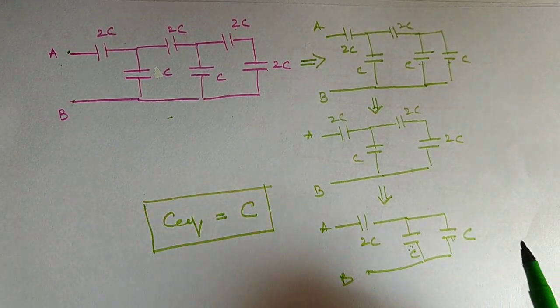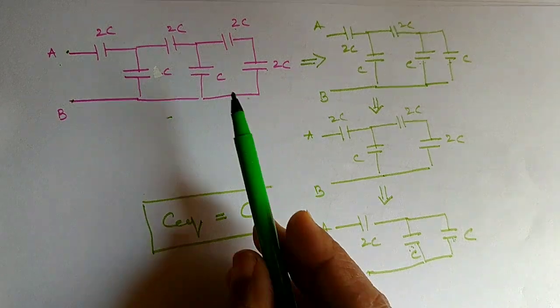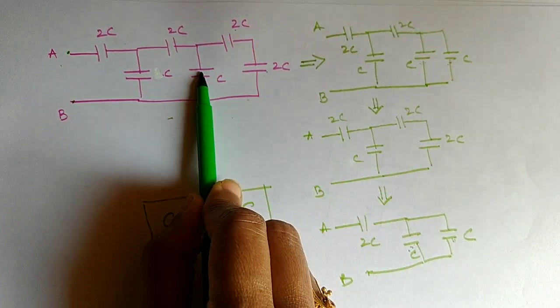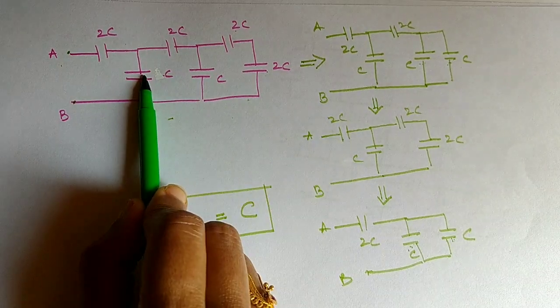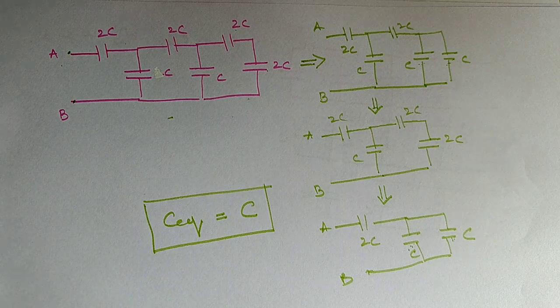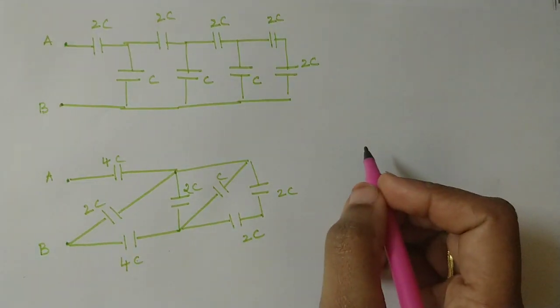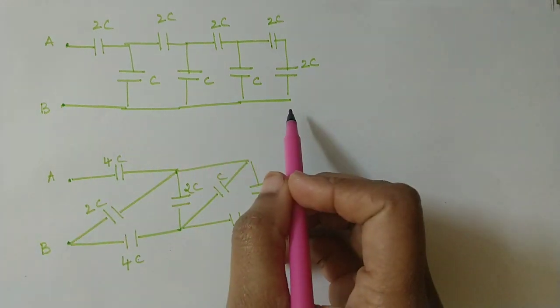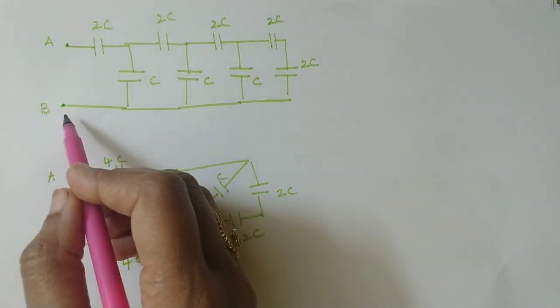So this is how you can reduce it from the opposite side. Okay, I gave the values 2C and C, the numbers can be anything. Series, parallel, again series, parallel, series and parallel. Alternately they are connected in series and parallel. Okay, now look at these two questions, which are not infinite series, but we have to find equivalent capacitance